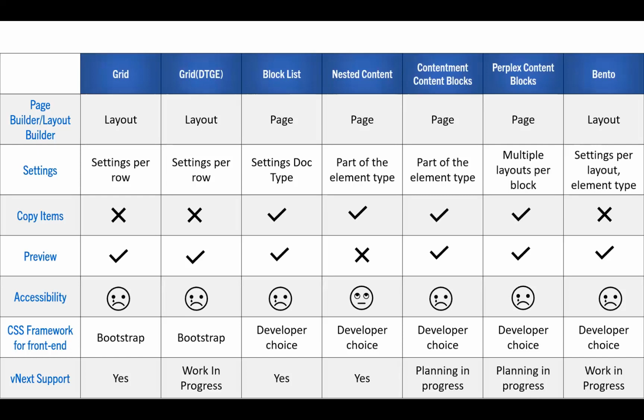With regards to settings, Grid and DTG help you store settings on a per row basis that can be configured from the data type. With block list, the settings are encapsulated into a separate Doctype. With nested content and content blocks, it needs to be part of the element type itself. And with Plex content blocks, it takes the shape of